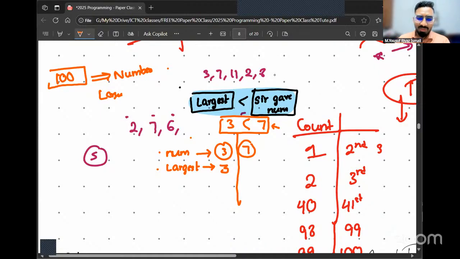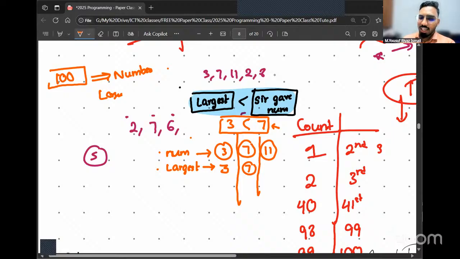Yes, sir. Exactly. You're going to update the value of largest. And I said, okay, now the largest number is 7. Similarly, exactly, Afsar. Now let's say I'm saying the value of num. The next number I'm giving is 11. So when the next number I gave you all was 11, is it Shimza? The next number I gave you all was 11.